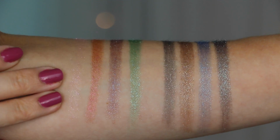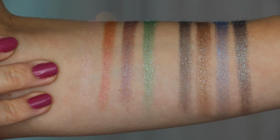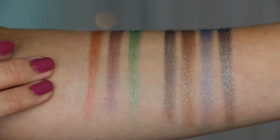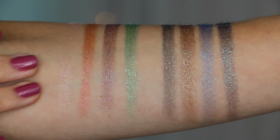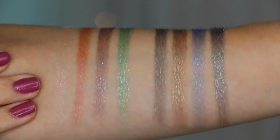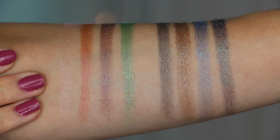So once again, these are all the colors together. They've got pretty decent pigmentation, and I did notice quite a bit of fallout, but that's totally normal when it comes to glittery shades. But the colors are very, very stunning. Just incredible. So my final thoughts on this palette are that I think it's still a great value,